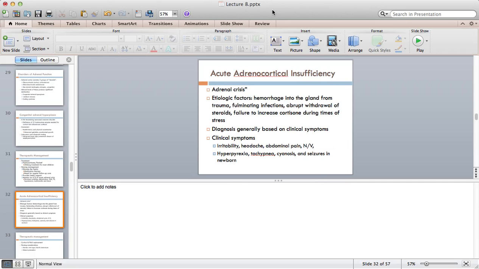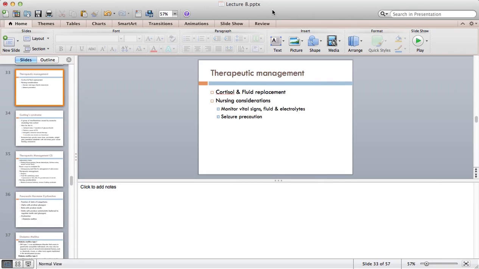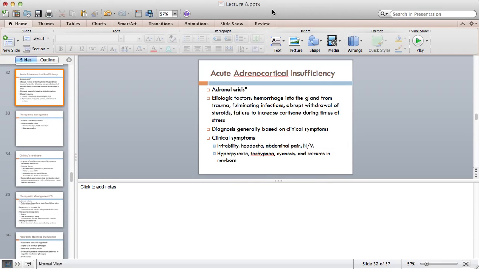The physician cannot just come in one morning and say, DC prednisone or DC hydrocortisone, just like that. No, they have to do a stepwise tapering until they finally wean the person off the medication. If you do not do it that way, stepwise, then you run the risk of putting the patient into adrenal crisis,